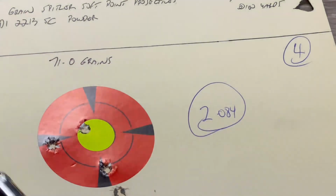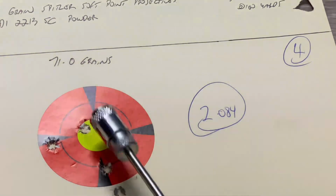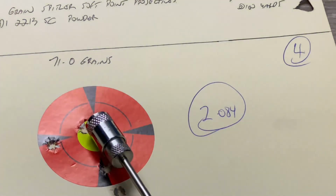Yeah, not flash at all. That's a 4-shot group. Nothing really flashy about that. You know, that sort of bit of promise there. But anyway, anywho,